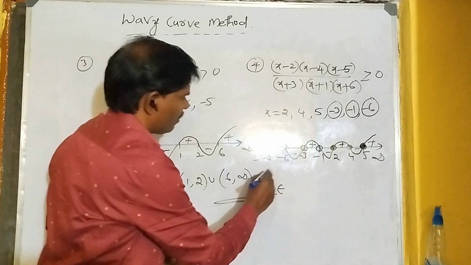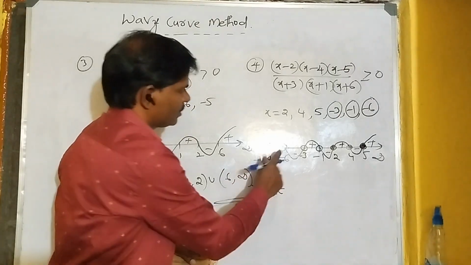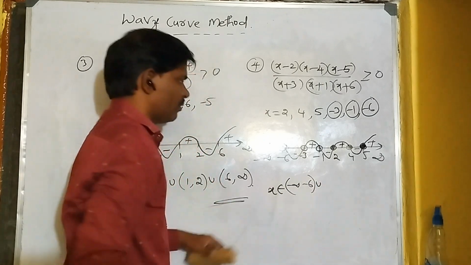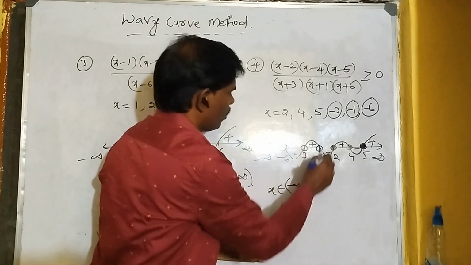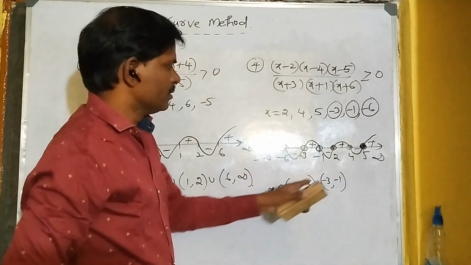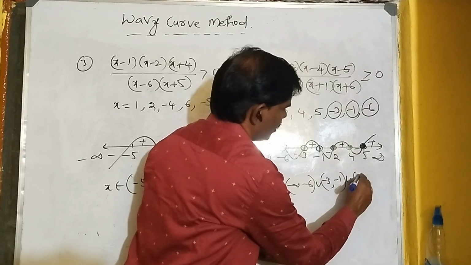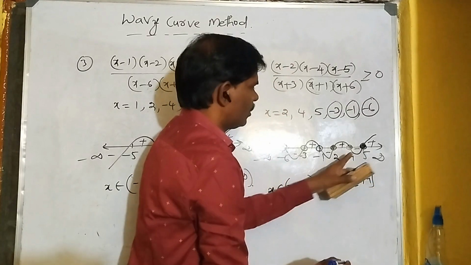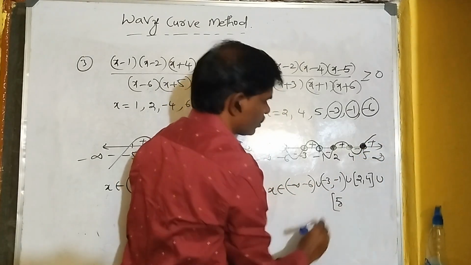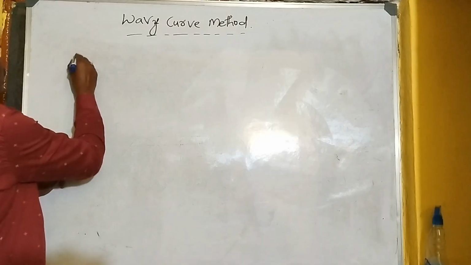Okay, x belongs to the positive value: -6 to infinity is the hollow curve, so -6 to infinity, open interval, union. Next, this is also a positive value, hollow curve, open interval -3 to -1. Hollow curve, open interval. Next, positive value 2, 4, union, 2 to 4 is a closed interval. Next, union. Next one, equal to 5 will also be a closed interval, 5 to infinity, open interval. This is our answer.